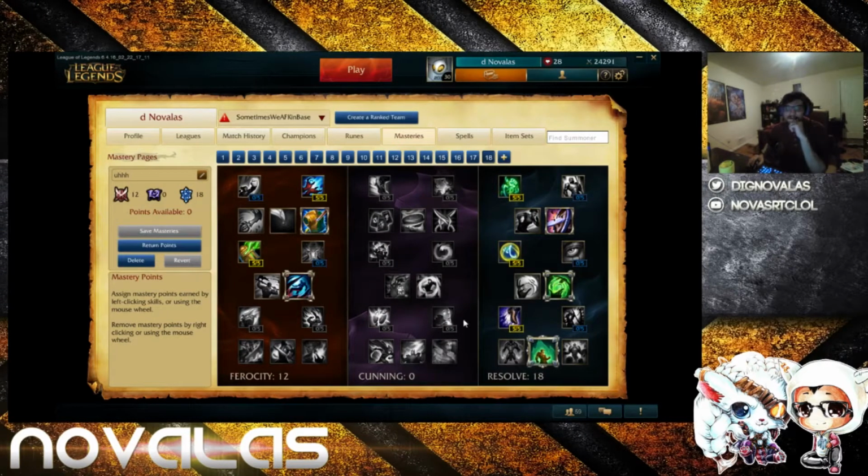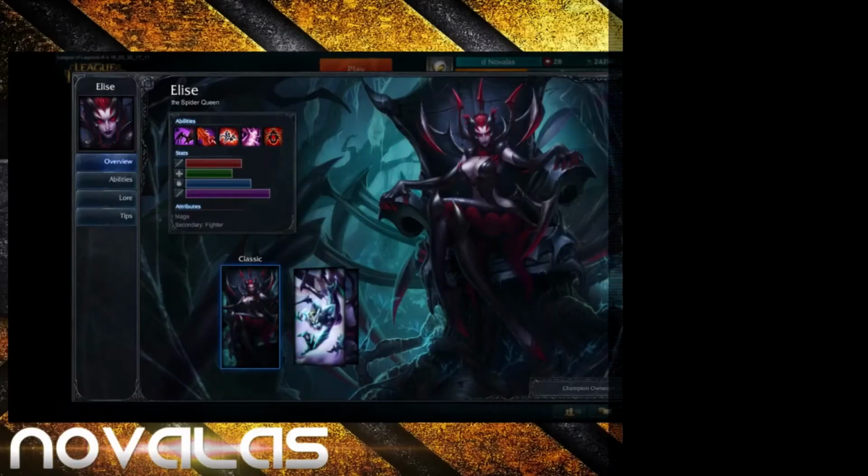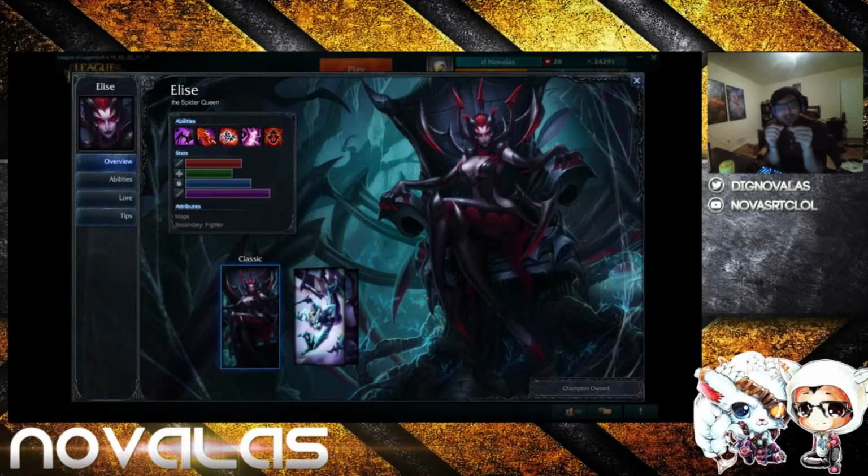So let's go ahead and talk about what I personally think of Elise jungle. Elise is probably one of the strongest junglers in the game at the moment. She's been receiving a lot of nerfs this past season and the season prior to that. But regardless of that, she is definitely one of the top champions. Right now, Runic Echo synergizes really well with her due to the movement speed that it provides. Swiftness Boots are really powerful with her, and she is a champion that focuses really